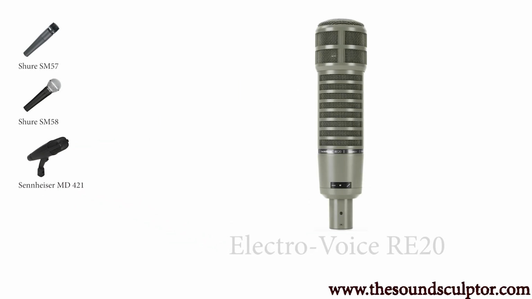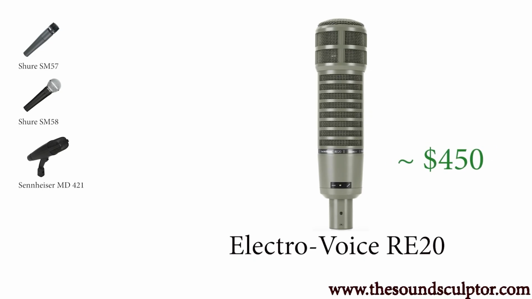Next, we've got the Electro Voice RE20. This microphone was introduced as a broadcast microphone in 1968 and it has been the industry standard for announcers in radio and television ever since. They are relatively flat with a warm bass response, which also makes them great for miking kick drums and bass guitars. Perhaps not the first choice for a studio microphone, but if you find yourself with an extra $450 laying